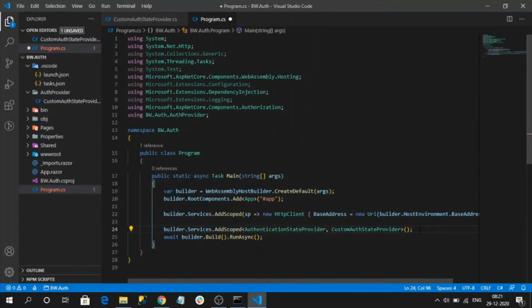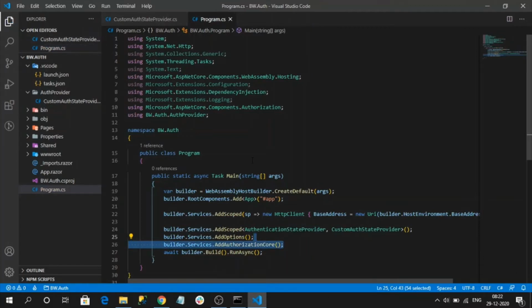There are a few more services we need to register, like builder.Services.AddOptions and builder.Services.AddAuthorizationCore. This will enable authorization for our application. So regarding the authentication state provider, the steps are done.